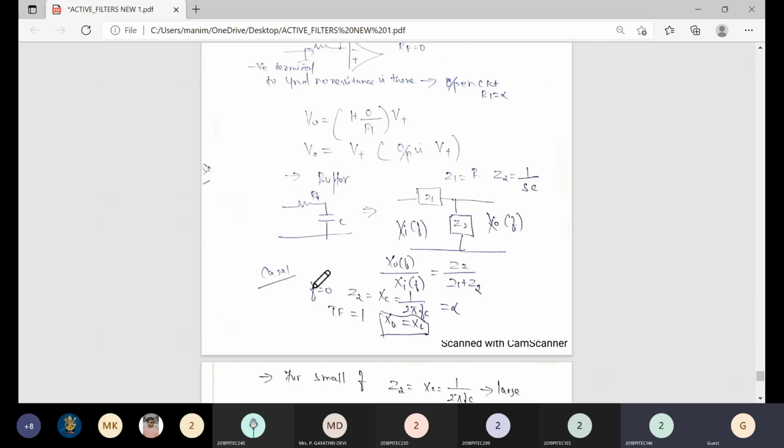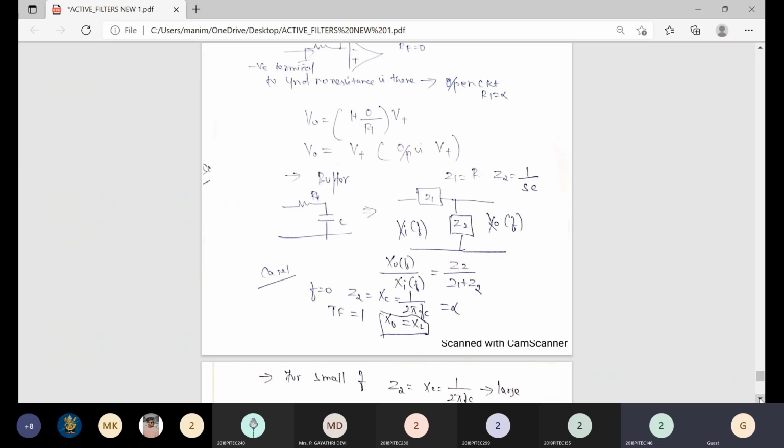So consider the low frequency, F0. Here how do we write Z2? Z2 is nothing but the capacitance, so the capacitive reactance is 1 by 2 pi Fc. If F is very small, the capacitive reactance is infinity, that is Z2 is infinite. Substituting, infinite divided by infinite is 1, so the transfer function is 1. So the output voltage is equal to the input voltage. For low frequency, whatever the input, the output is the same. So output follows the input for low frequency.